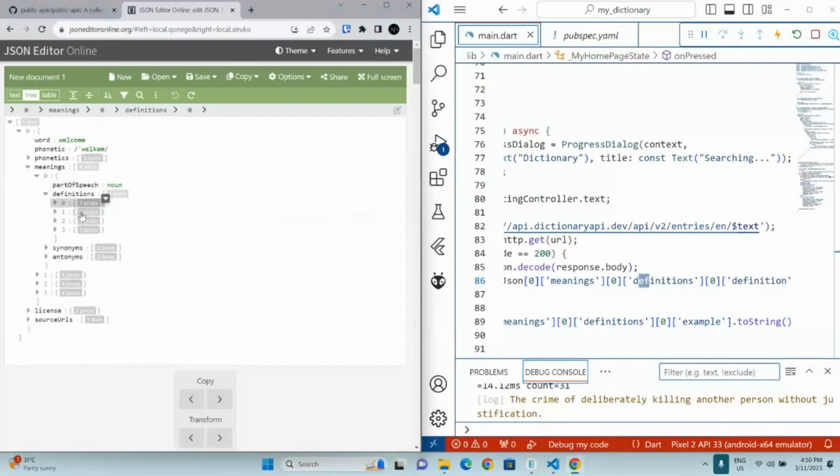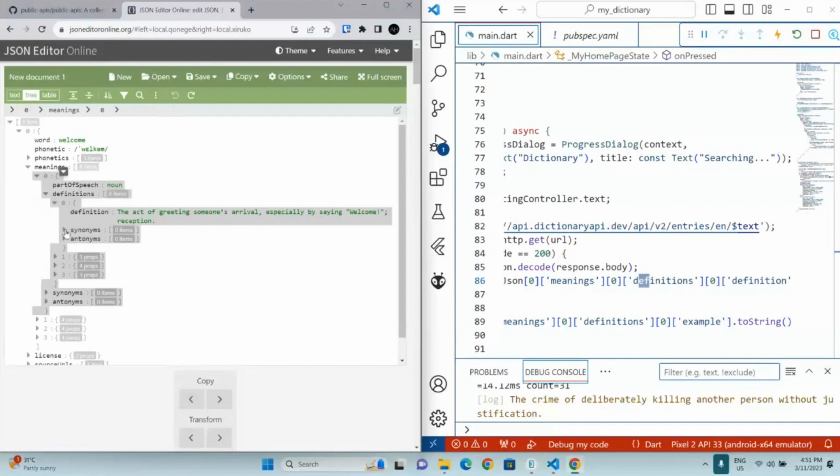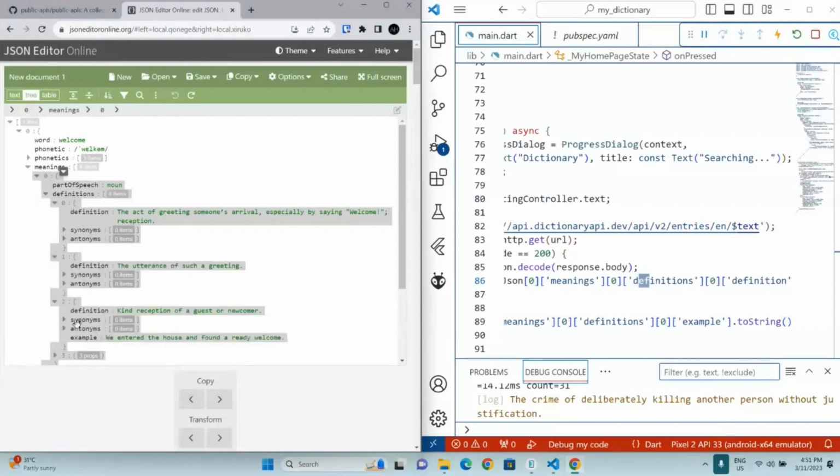So we have the definitions, this one. We can just check what we have here. Somewhere we have the example index 0. Yeah, it's supposed to be somewhere down here. Definitions 0 example. First one we do have, the second we do have example, but it's supposed to be example